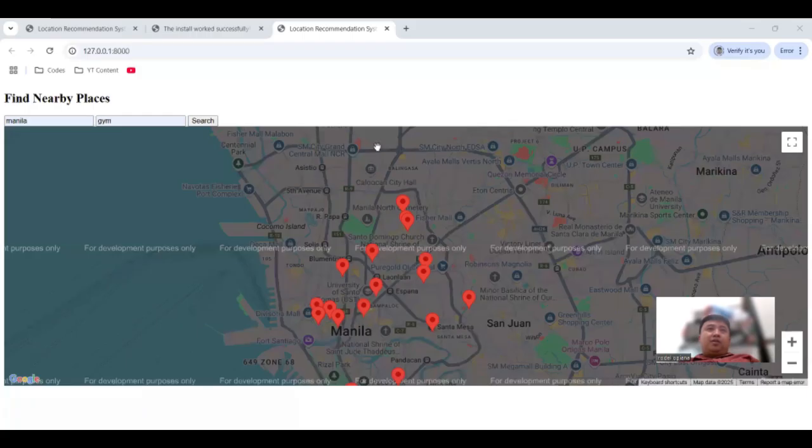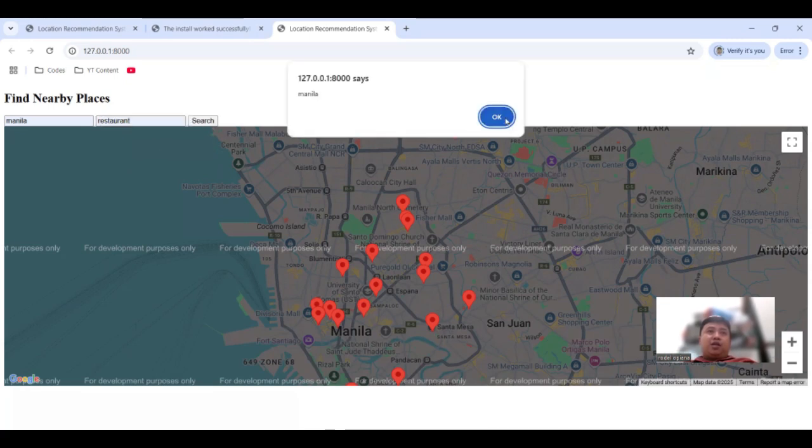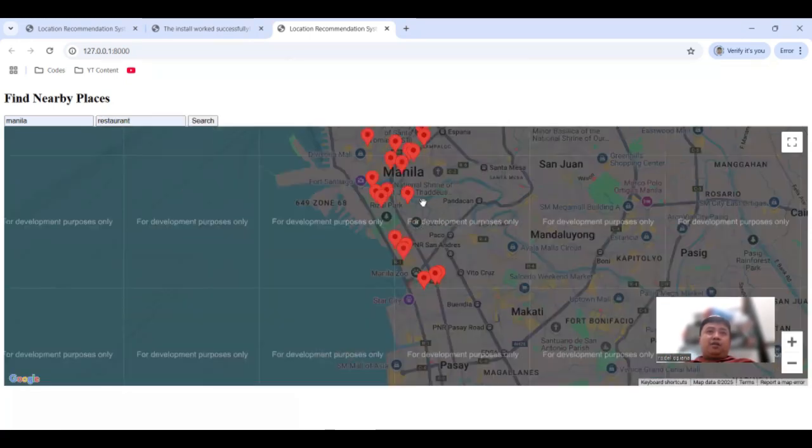So let's try another keyword. Let's say restaurant. So in Manila, so food house, cafe, Jollibee.